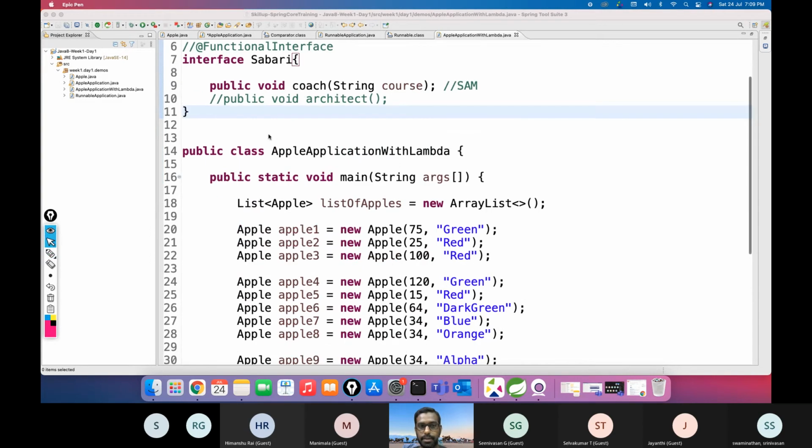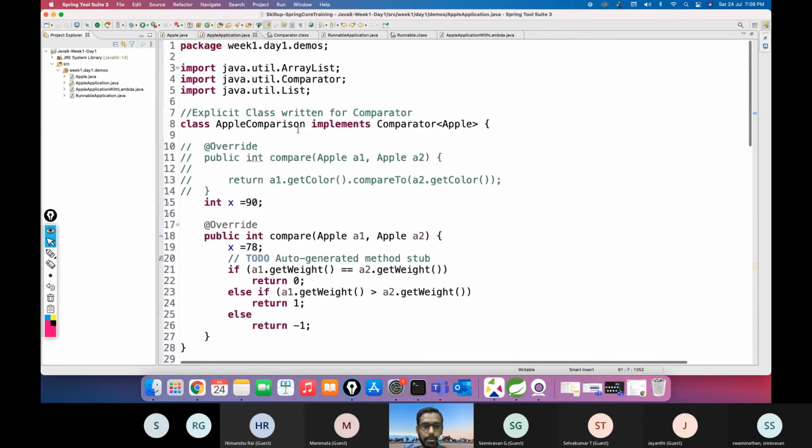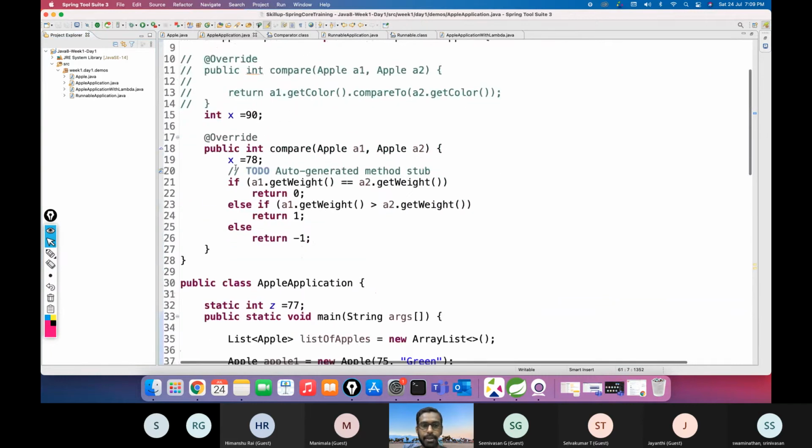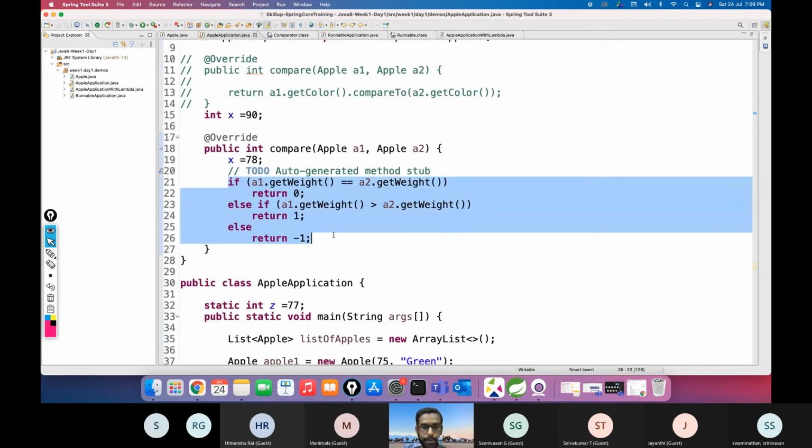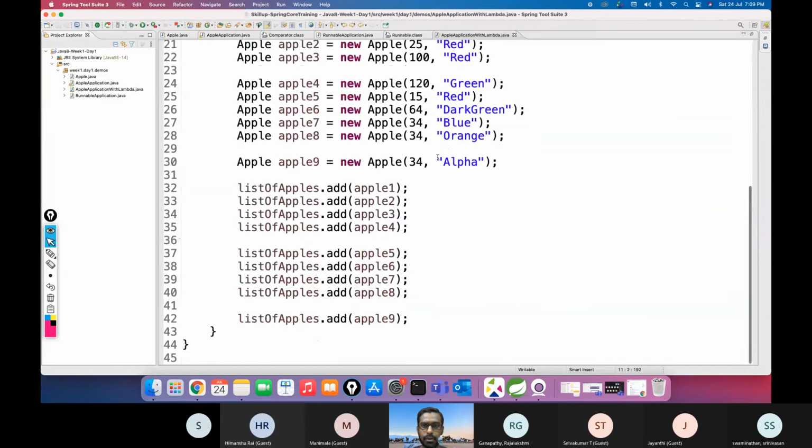Okay, now we'll keep this aside. We'll go back to that logic. So going to the Apple application, we have the compare method, right? I'll just copy this, the logic I just wanted to copy. Okay, go to the with-lambda part, and here we are going to do